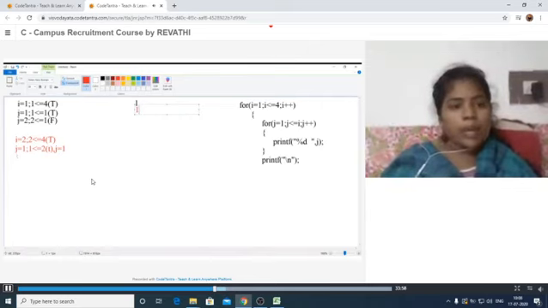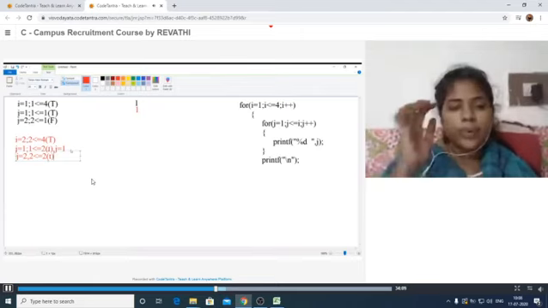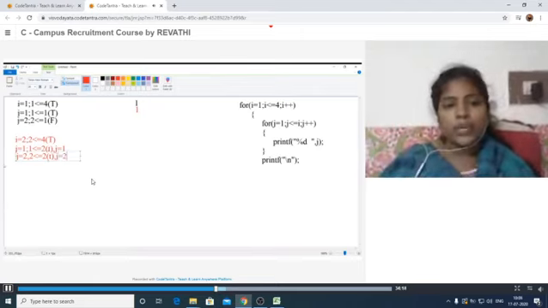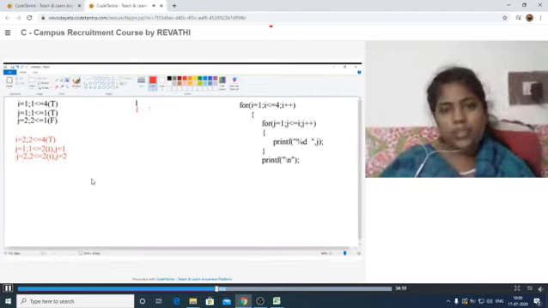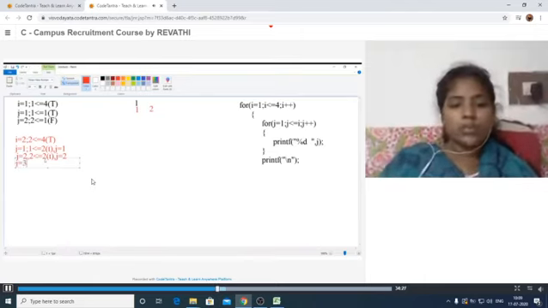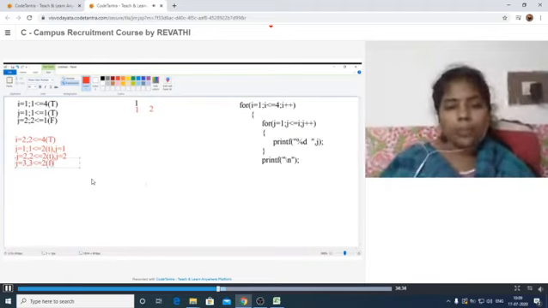Again after that, j is incremented by 1, that is j is equal to 2. Next, 2 is less than or equal to 2. The condition is true. Next it is printing the j value. What is the j value now? That is 2 only. j is equal to 2. It is printing the next value in that space only. Here we have just taken the space. In that line only we are printing the 2 here. Whenever j is equal to 3, 3 less than or equal to 2, the condition is false. It comes out of the loop and enters the next line.